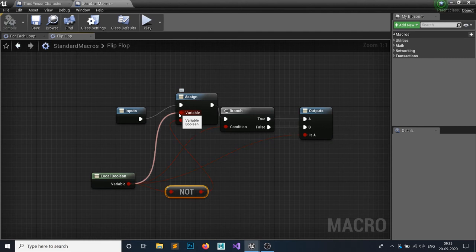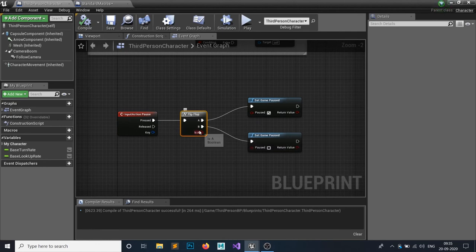In mathematics, if your two values are the same, then it will be true, otherwise it will be false. But you can see in here, whenever you press something and you enter the flip-flop, first it will connect to A, the second time it will go to B. If you hover over this, you're gonna see this alternates between A and B outputs, starting with A. So first it will start with A, second time it will go with B. So it will alternate two values, A and B.